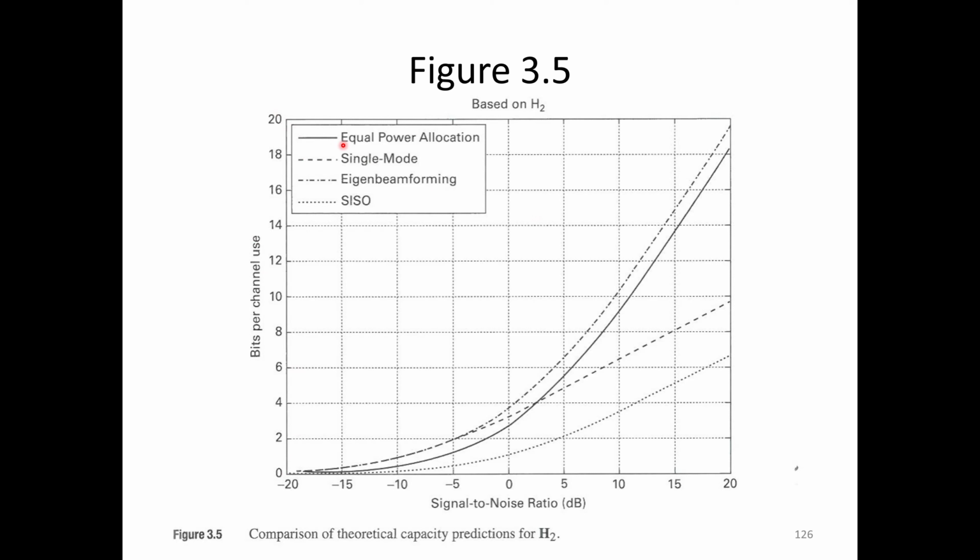The first one is equal power allocation, denoted by the solid line, this curve. And the second one is the single mode eigenbeamforming,